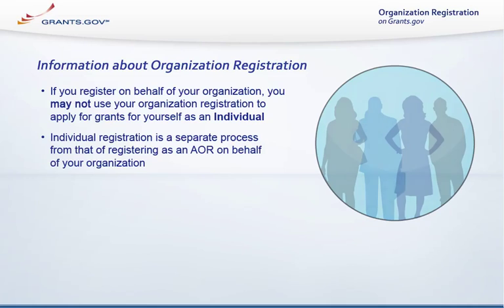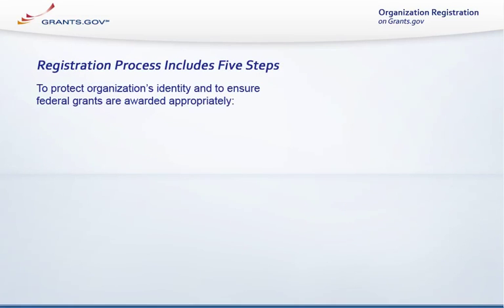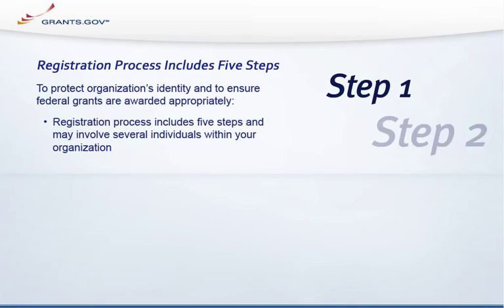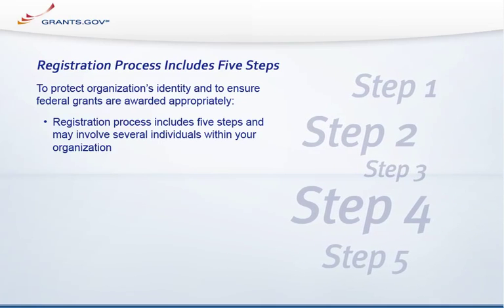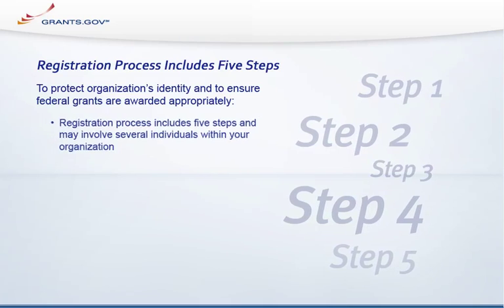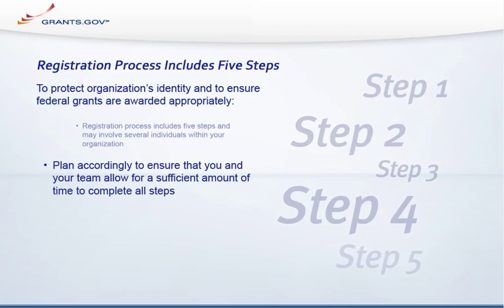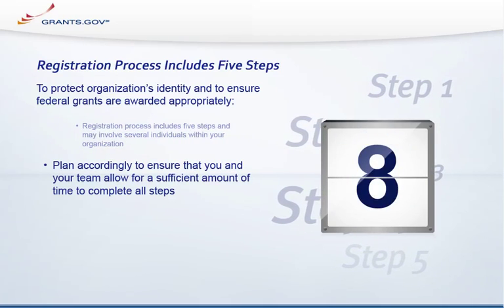Individual registration is a separate process from that of registering as an AOR on behalf of your organization. To protect your organization's identity and to ensure federal grants are awarded to the appropriate applicant, the registration process includes 5 steps and may involve several individuals within your organization. Please be sure to plan accordingly to ensure that you and your team allow for a sufficient amount of time